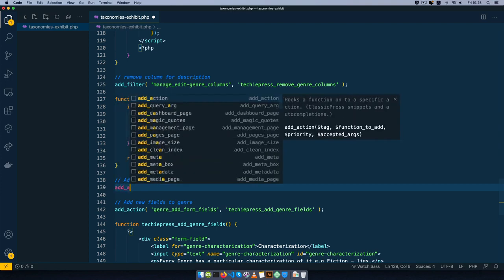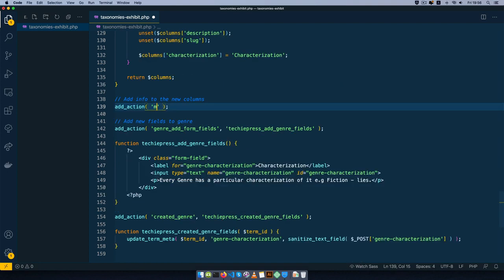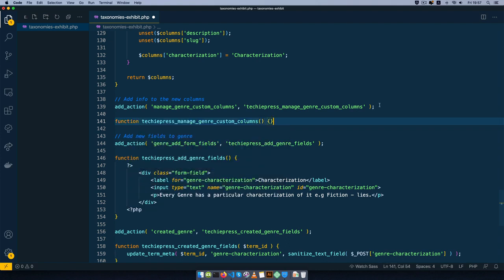So here we're going to use an action, and here we're going to use a WordPress hook, which is manage_, and we're going to add our genre, which is the name of our taxonomy, and then after doing that we're going to say _custom_columns. Now that will allow us to use our own function to run our code, and our function will be techiepress, and I'm just going to copy this so that it's easy for me to follow through, and paste it here and say manage_genre_custom_columns, and then I'll come here and add the new function,